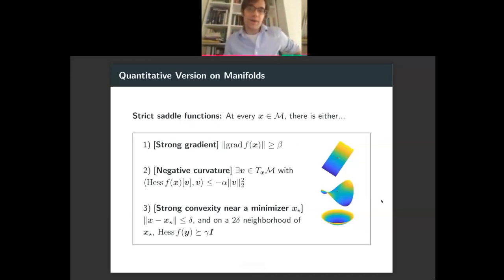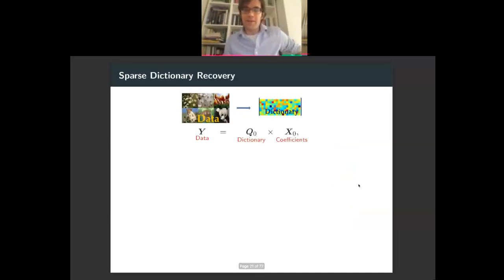Okay, so let's just sketch a little bit how such an analysis would go. The details, again, are kind of awful, so I'm not going to give you all of the details, but just describe it at a high level. So as a device for doing theory, I'm going to posit a model for the data. I'm going to imagine that there's a true dictionary out there in the world. There's like a best dictionary that we're trying to find, and that the data really are generated as that dictionary times a sparse coefficient matrix.